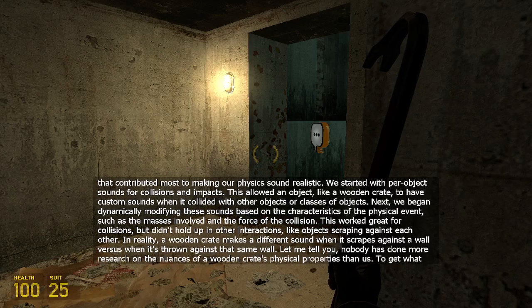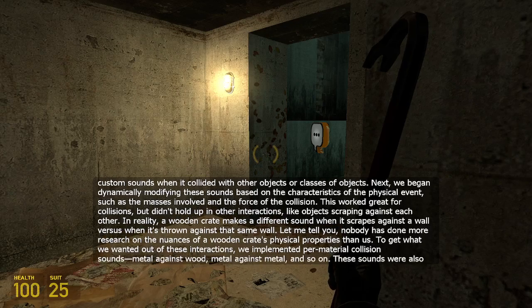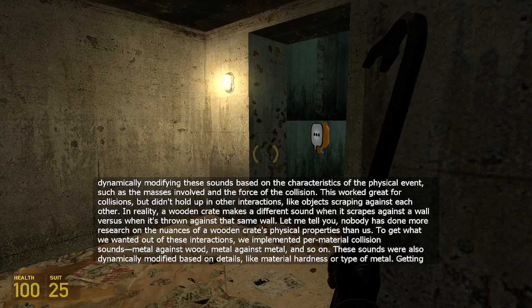Next, we began dynamically modifying these sounds based on the characteristics of the physical event, such as the masses involved and the force of the collision. This worked great for collisions, but didn't hold up in other interactions like objects scraping against each other. In reality, a wooden crate makes a different sound when it scrapes against a wall versus when it's thrown against that same wall. Let me tell you, nobody has done more research on the nuances of a wooden crate's physical